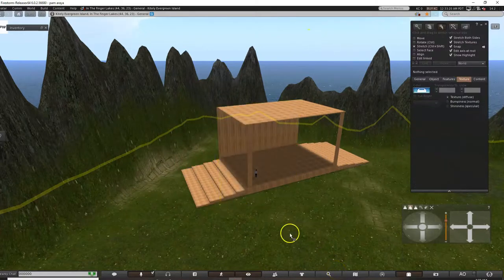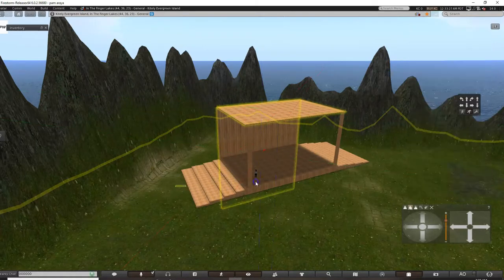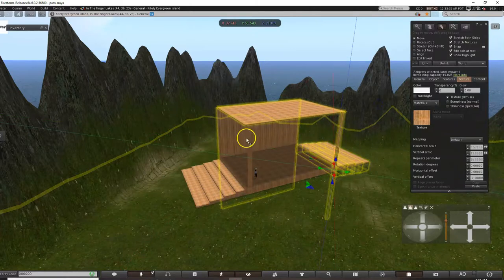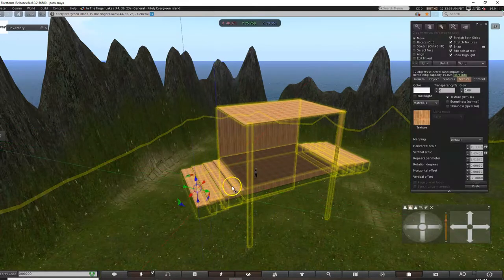Huh, okay. Well, now we can select the pieces. And now we can link them. And now this will be one piece, one stage, one love. Oh, now everything's all linked, so I gotta link these guys again. Make sure I grab everything. Looks like all pieces are selected. Then go here to build, and link.